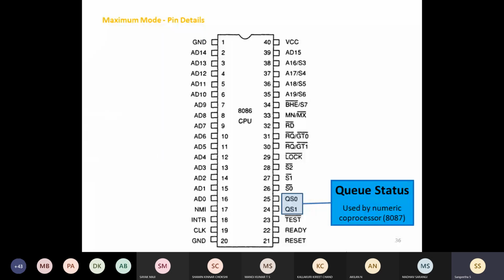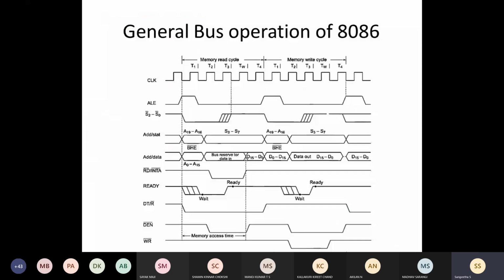So we have seen all these lines, the pins you have in maximum and minimum mode. Now we'll see the bus operation and how these pins indicate your operation. In 8086, as I told, address and data buses are multiplexed. Why are we multiplexing the address and data buses? In order to save pins: instead of going for 60 or 70 pins, I can reduce the number of pins. Within one pin itself, I'm giving two functionalities: it can act as an address or it can act as data. If I'm not multiplexing, the number of pins will increase.